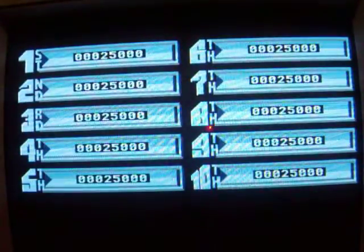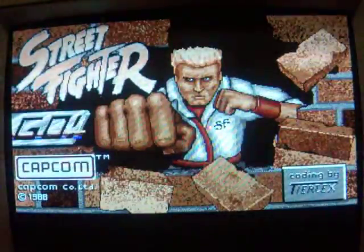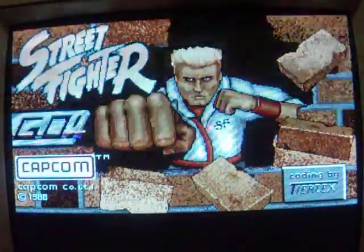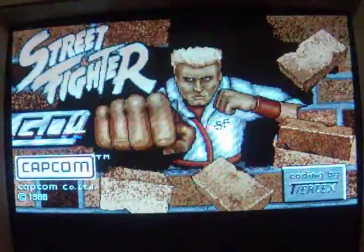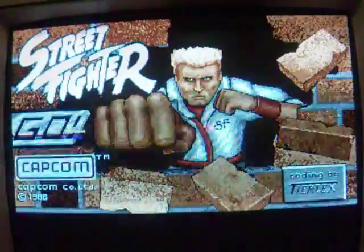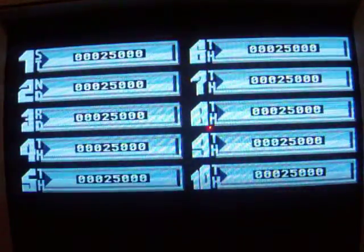Back in the day, with the price of games and the poor wages that were on back in the 80s, me and my mate used to buy one game a month between us, and we'd take it in turns to who was going to own the game. In this particular month, we decided we were going to get Street Fighter, so we got the bus into Edinburgh, bought Street Fighter. It was probably about 40 quid at the time. Came back to my house,